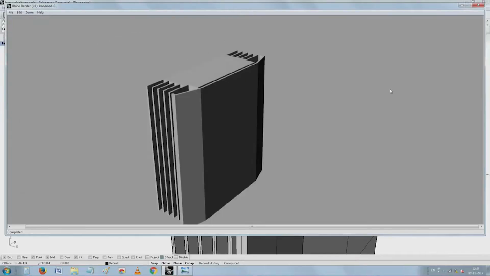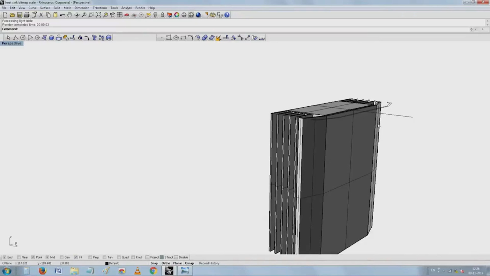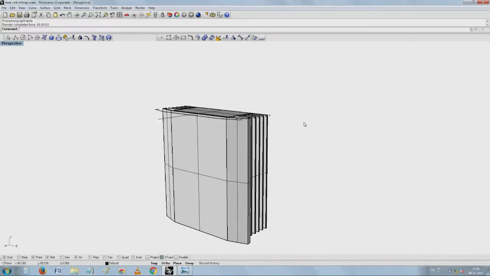See, beautiful, nice equipment is almost ready, but if you see the starting point was the same profile which I